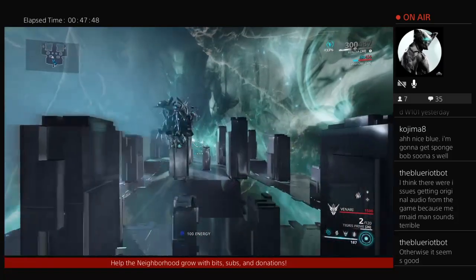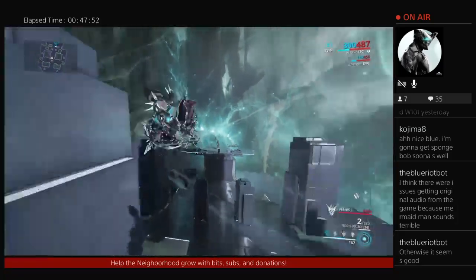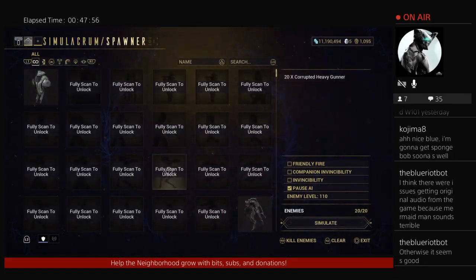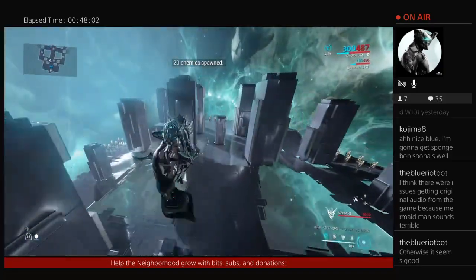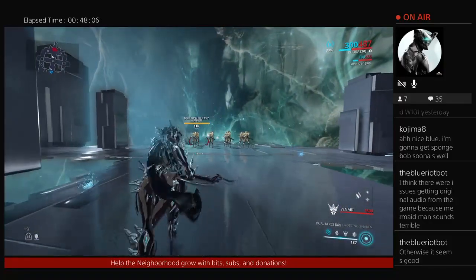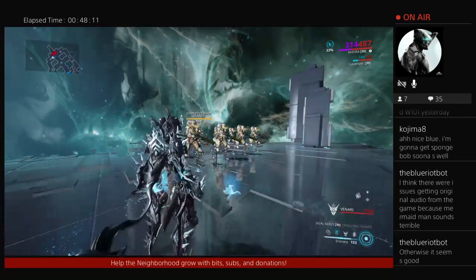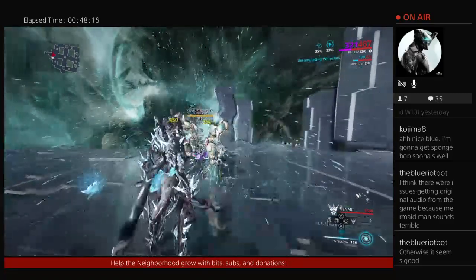So let's get in there. Oh, wait. What am I doing? What am I doing? Let me turn it back around. And there we go. So, high damage build, accumulating Whip Claw. Let's yank everyone together and...